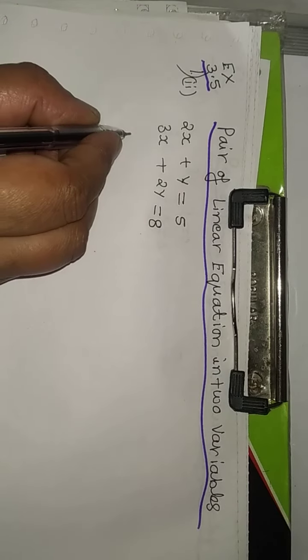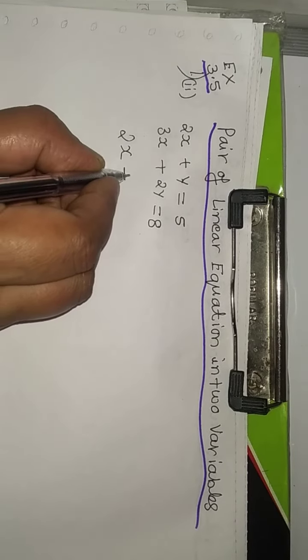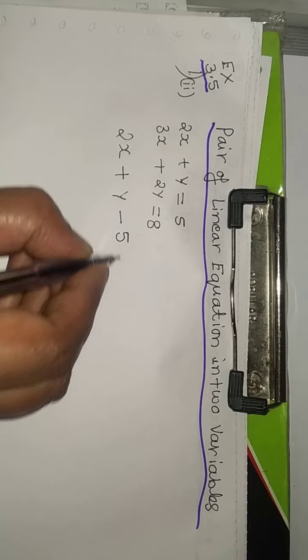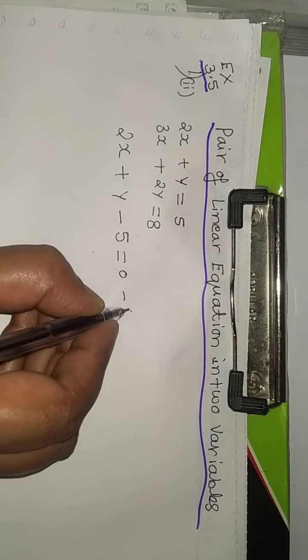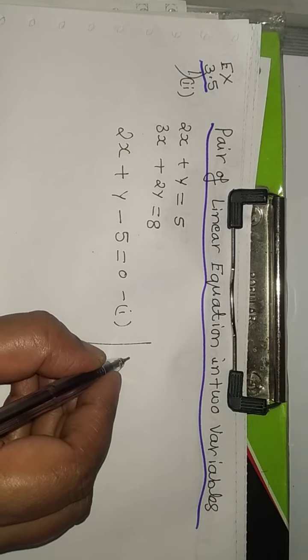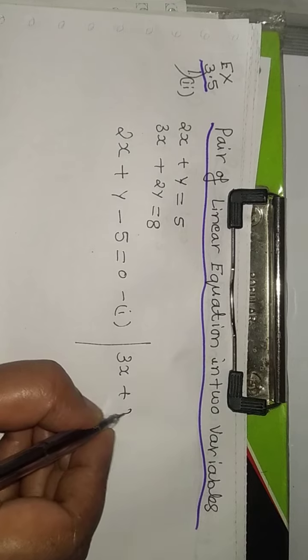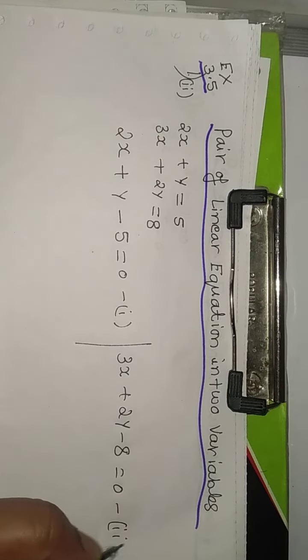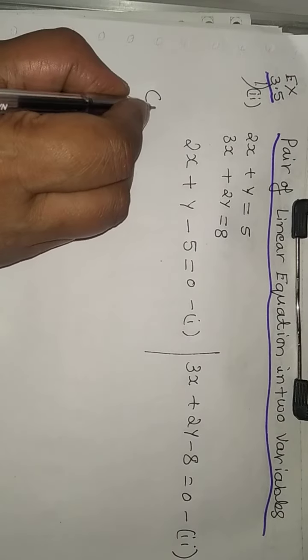What is the second problem? See here, same thing, two equations are given. First we have to give numbers to the equations. That is 2x plus y minus 5, in the general form, is equal to 0, equation 1. Next, 3x plus 2y minus 8 is equal to 0, is equation 2. Now the next step is to compare